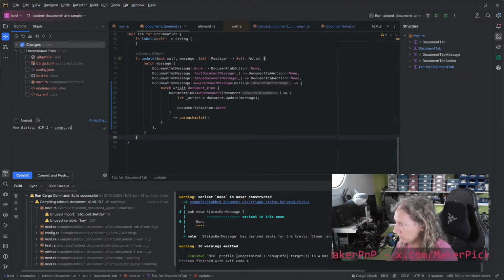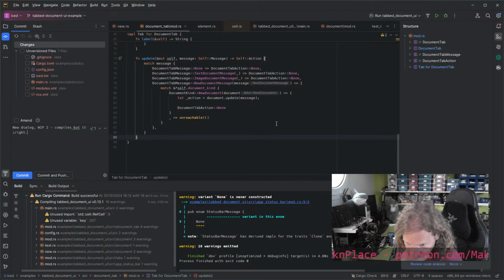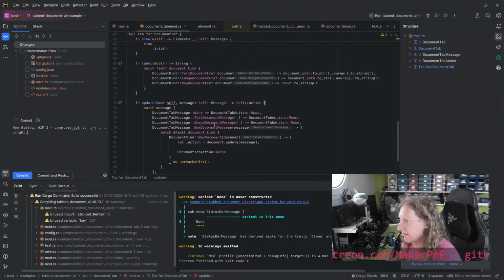It compiles, but is it right? Arcs are not the preferred solution. Passing down references with lifetimes of A is preferred because no lifetime. So when you say passing down references to things,